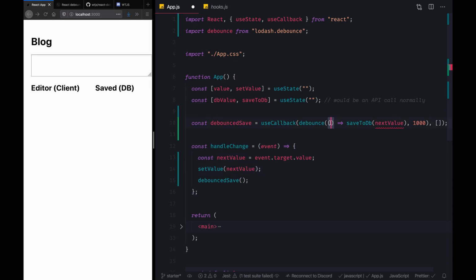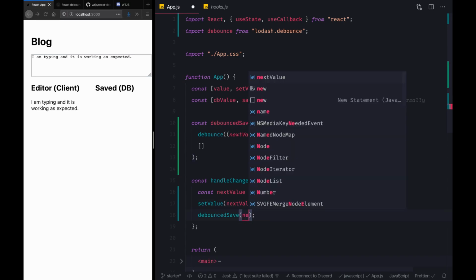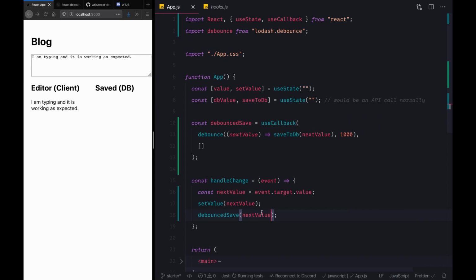So we can actually tell it to accept a parameter for that and save that. Now let's give it a try. So it's still not showing because we forgot to pass the nextValue here. So let's pass that.